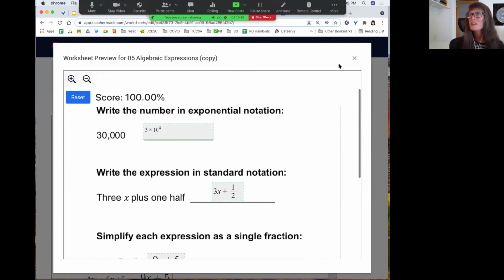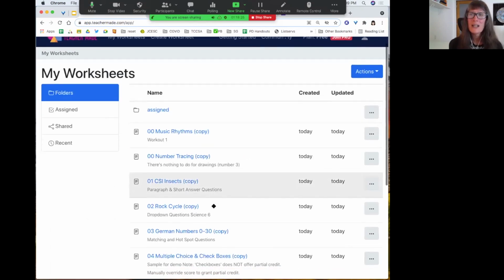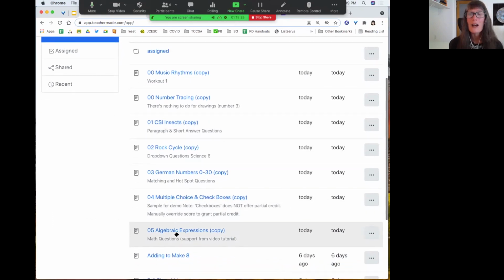Great, all done. I tried to get through all those question types for everybody so you could see them, especially getting down to the math examples. That's really nice to know there's a built-in self-scoring math tool. I know teachers out there in math, science, anyone dealing with those expressions you're looking for, and they're hard to do in Google Forms. You're always drawing pictures and inserting them. And this is actually the editor